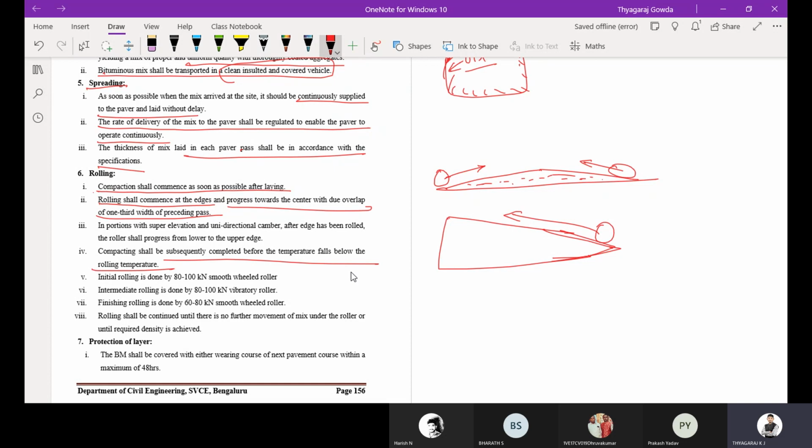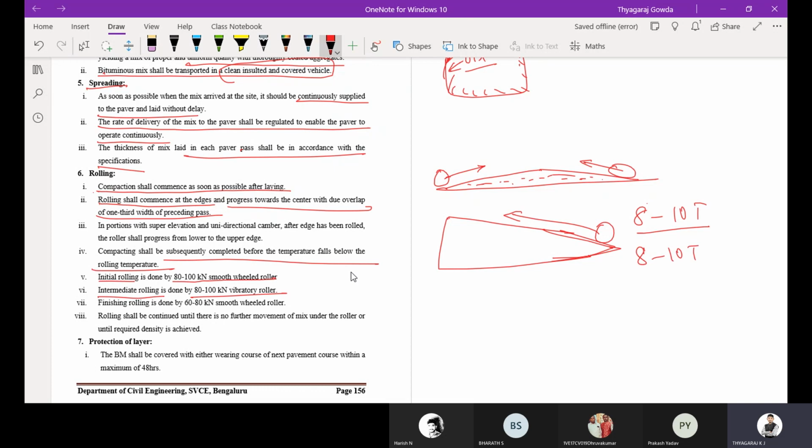Then we are going to use three capacities of roller. Initial rolling is done by an 80 to 100 kilonewton smooth wheel roller, that is 8 to 10 ton. Then intermediate rolling is done by an 80 to 100 kilonewton, that is 8 to 10 ton vibratory roller.